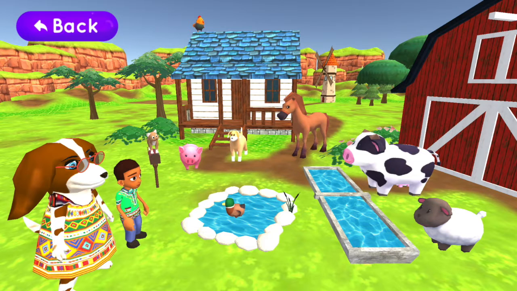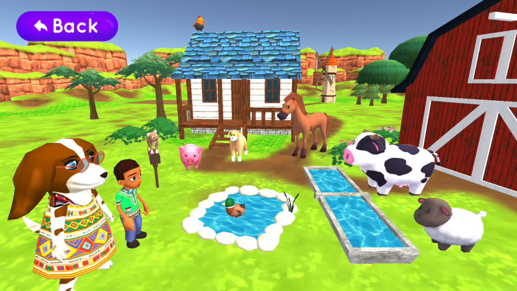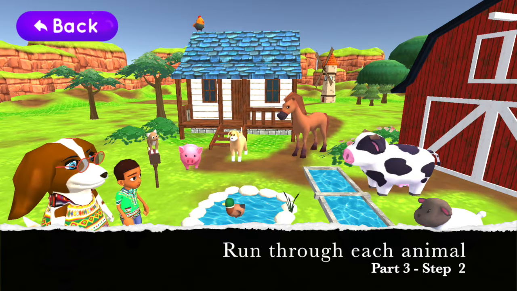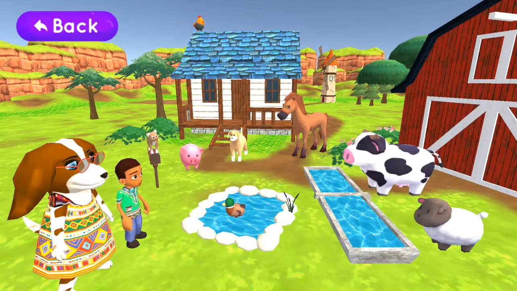We now move on to see if any of the children may know the sounds that these animals make when they speak. The teacher can ask the children and see what kind of response she gets from the children first. Once she has asked them, she can then run through each animal, mentioning the name and the sound it makes when it speaks. For example,